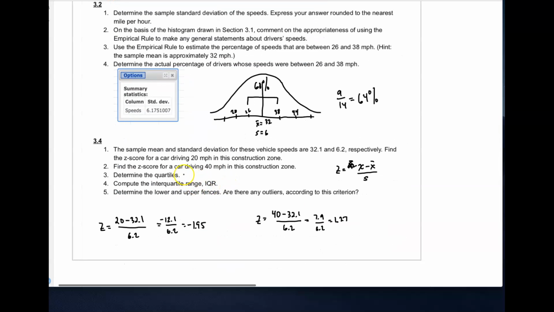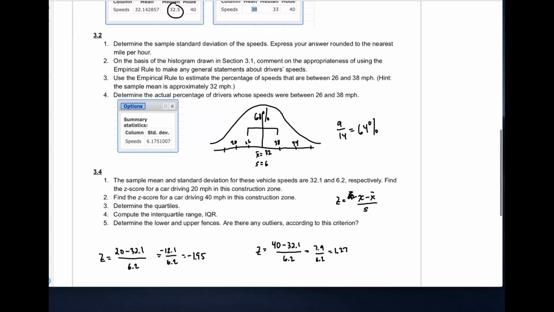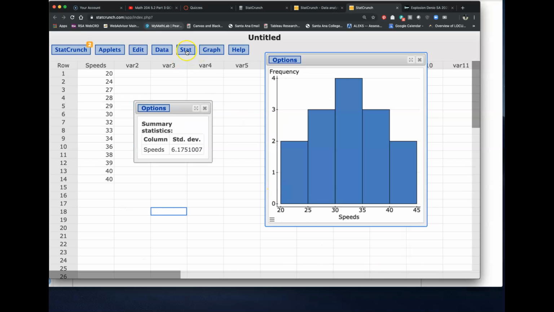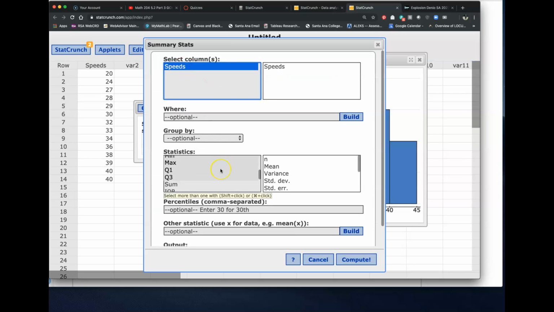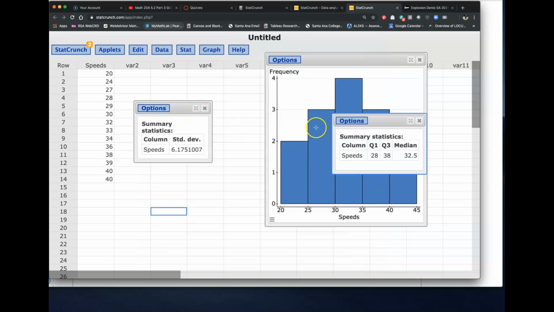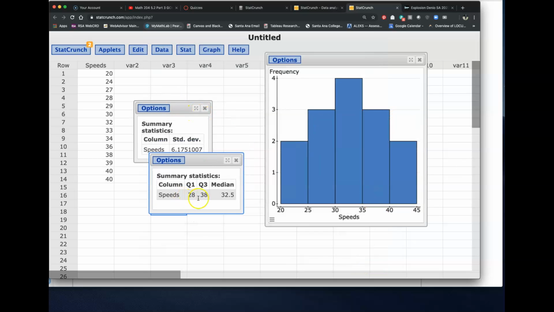Those are the quartiles. And in this case, there's another way we can look at that. Again, in StatCrunch, you go to summary stats, columns, and the speeds. Notice one of the options is the quartiles: Q1, Q3, and median, which we have already. And then you will see you have 28, 38, and 32.5 as your